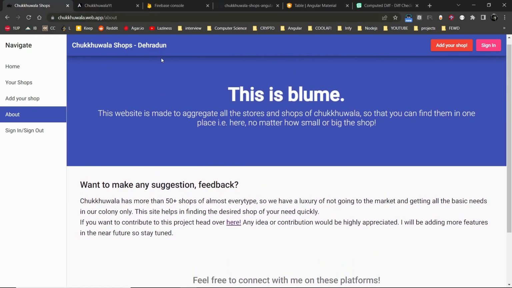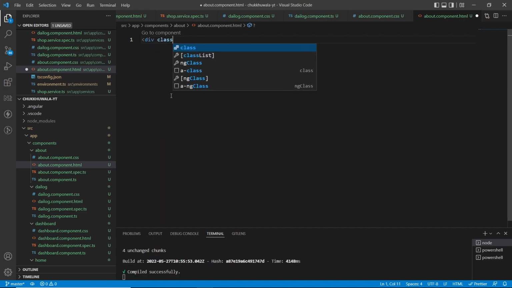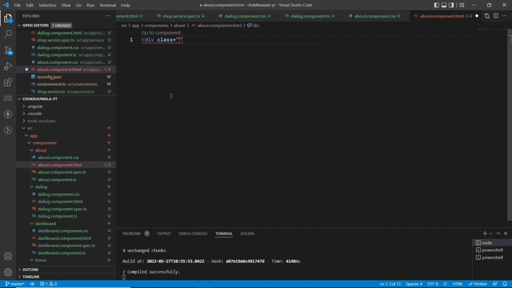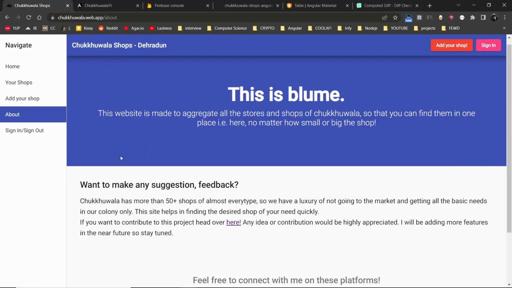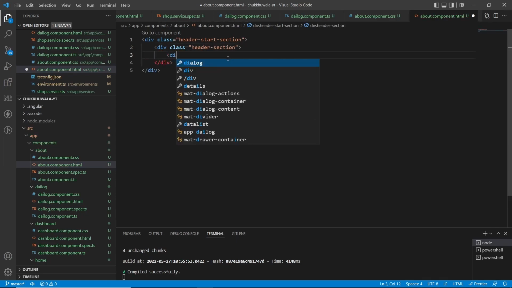Okay, so now go back to the about page. Let's start. In this about page, we are only going to write HTML. I think there is no functionality here, so the TS file will mostly be empty. So create a div and give this div the name header start section. This is basically for this part. We are creating this layout. Okay, and create one more div. Now in that div, give it the name header section. Create one more div,